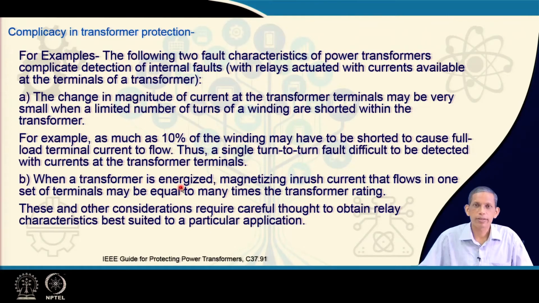When a transformer is energized, magnetic inrush current flows. Also, during a fault there is a sudden dip in voltage, and if the fault is removed quickly, there is again a jump in voltage, and in that kind of situation also transformer inrush is observed. But the transformer inrush happens on one side of the winding. Therefore, a differential current will be there, and this current may be many times the transformer rating. So, even though it is not a fault, how do we tackle these situations?